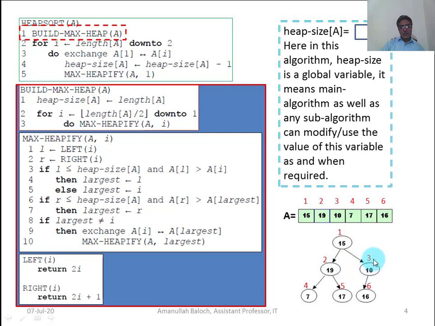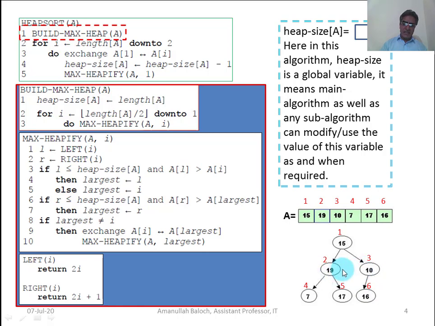So we will process only these three nodes, not the leaf nodes, because a violation occurs at the parent level, not at the child level. There may be a case where the value of the parent is less than the value of its child, so they will swap and exchange positions.